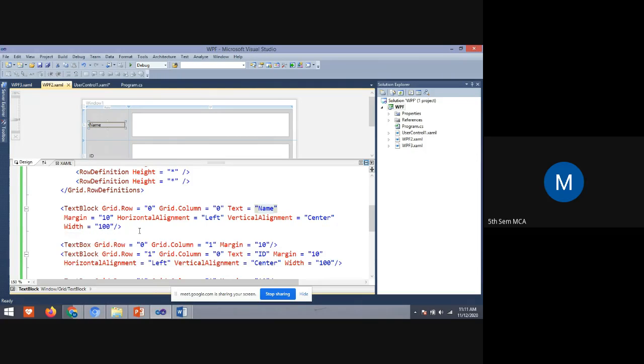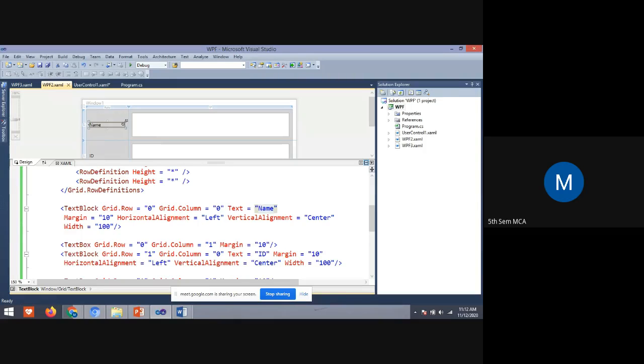The margin I have given is 10, and its horizontal alignment is left alignment, and vertical alignment is center alignment, and the width is 100. Next,